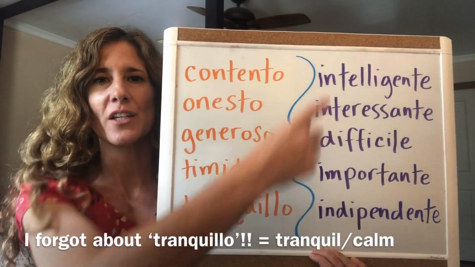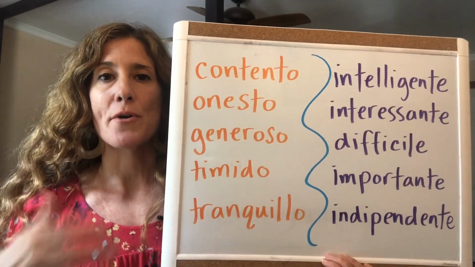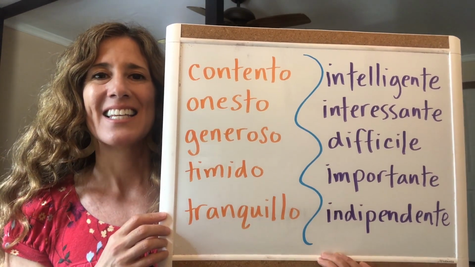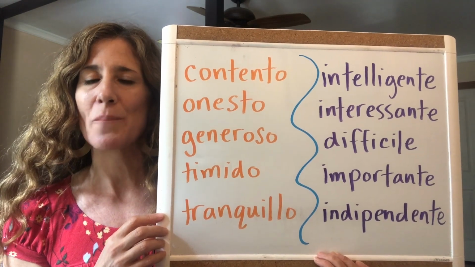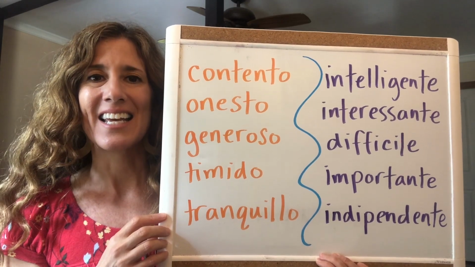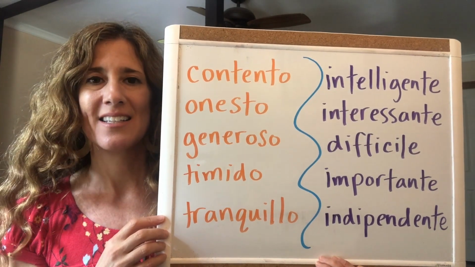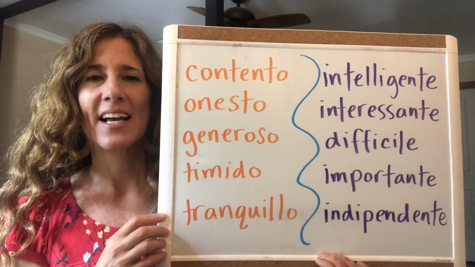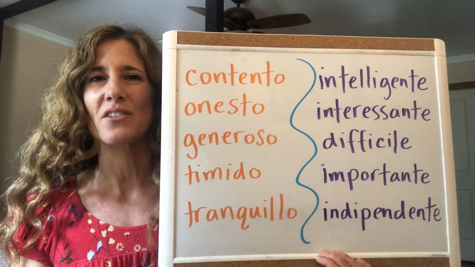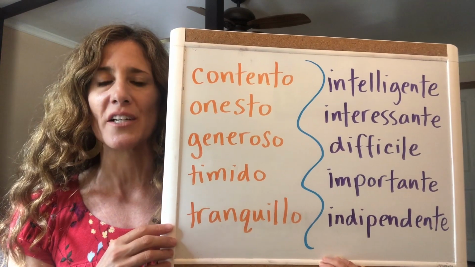Molto bene. So now let's look at the adjectives that are in purple over here, okay, that are also cognates. Continuate a ripetere la parola, va bene? Intelligente is smart or intelligent, giusto? Numero due, interessante, interesting, sì. Tre, difficile, difficult. Some of these might be a little bit harder, like difficile doesn't look exactly like difficult, but you might be able to have seen the similarities there.